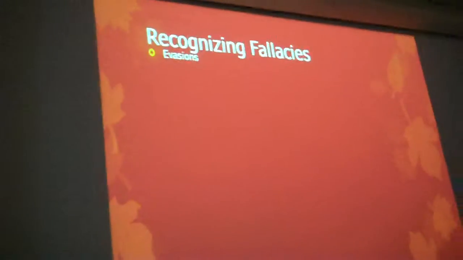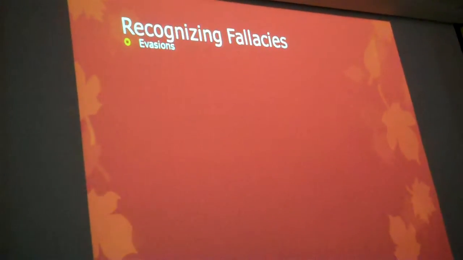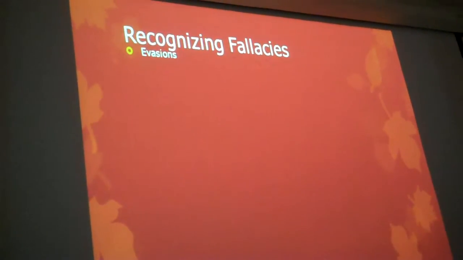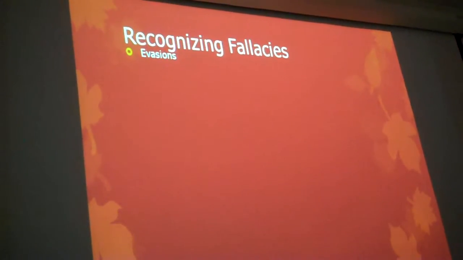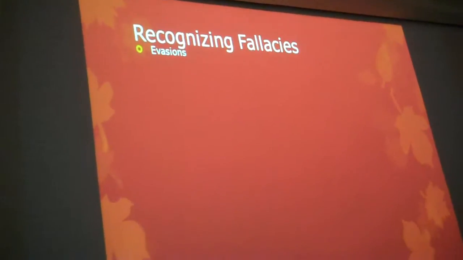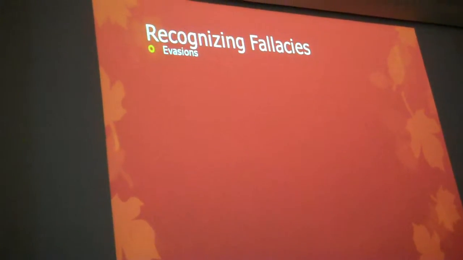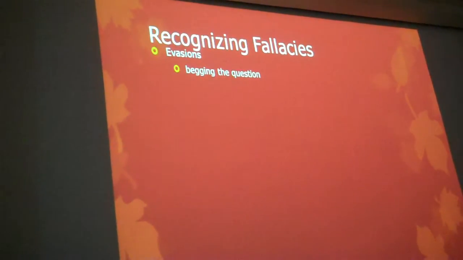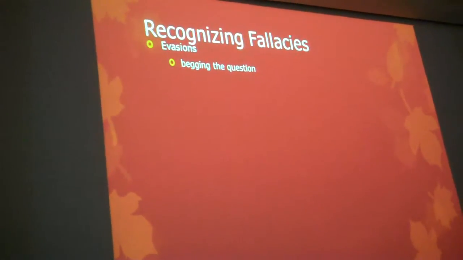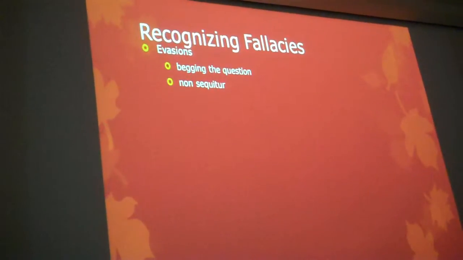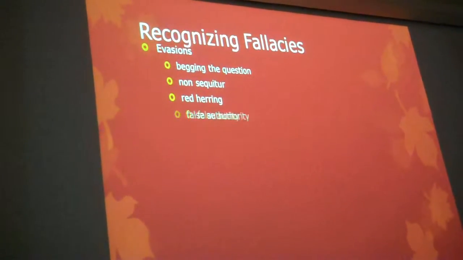Okay? So I'm going to concentrate today on fallacies and visual arguments. Chapter 8 has some fallacies that are the same as chapter 17, and then it does have a few extra ones. So if you're going along and you're trying to categorize your ad by its fallacies, you can find even more of these in the Little Brown Handbook. It categorizes them into a couple different categories. One of them is evasions. So a type of evasion is a begging the question fallacy, the non sequitur, the red herring,